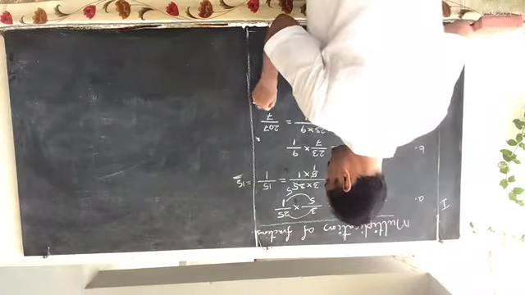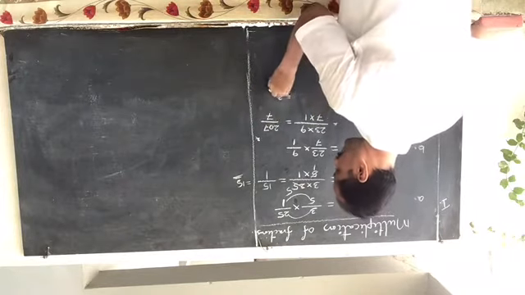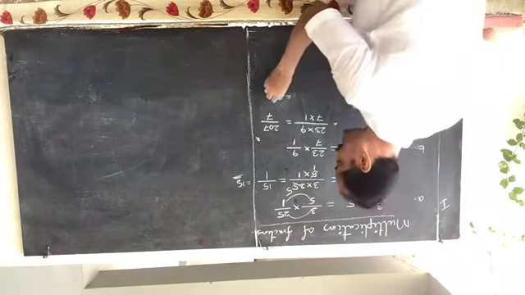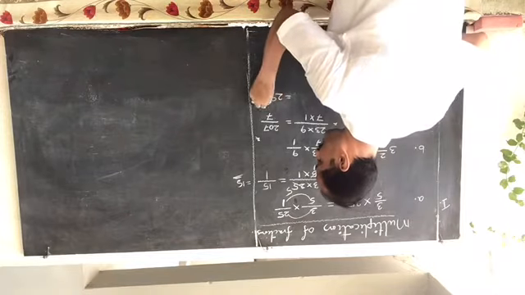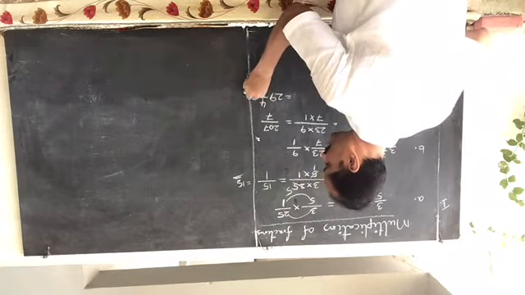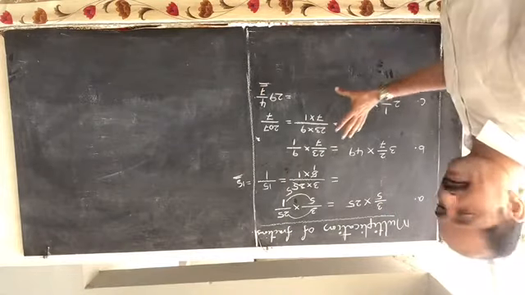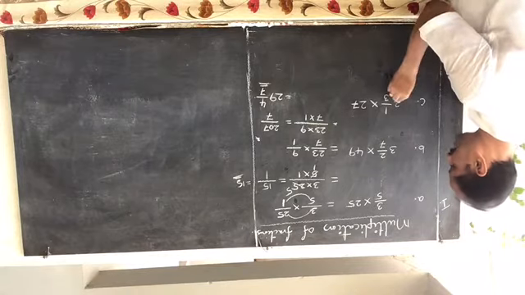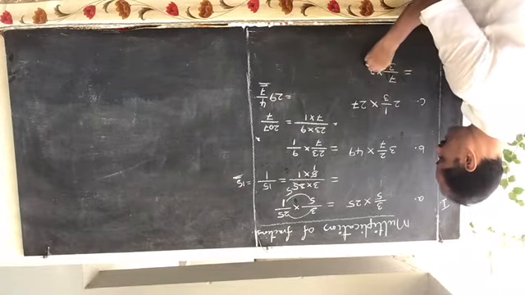How can you convert this? 7 2s are 14. Remainder 6. 7 9s are 63. Remainder 67 minus 63, 4 by 7. So 29 4 by 7 is the product here. In the same way, how can you find out the product of this one? Same like this. 2 3s are 6 plus 1. 7 by 3 into 27.